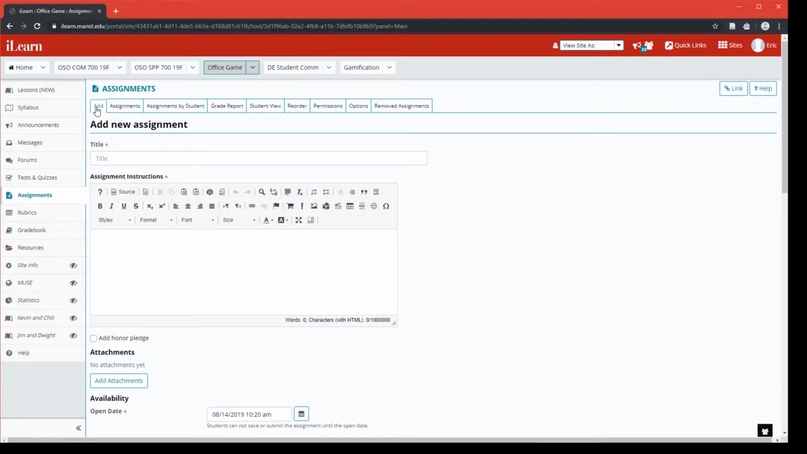You will be brought to the assignment creation page. Give the assignment a title and instructions for the students. After you have done that, scroll down to see all the customizable aspects of the assignment, such as availability, reminders,